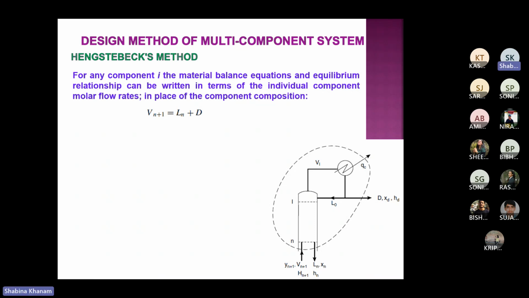Okay, this equation you are familiar with. Nothing new, but how to proceed and consider that, that is new. Usually we consider it this way. This Vn plus 1, this Ln and this D, what are these? These are total flow rates of vapor, liquid, and distillate. Henstebeck's method says,